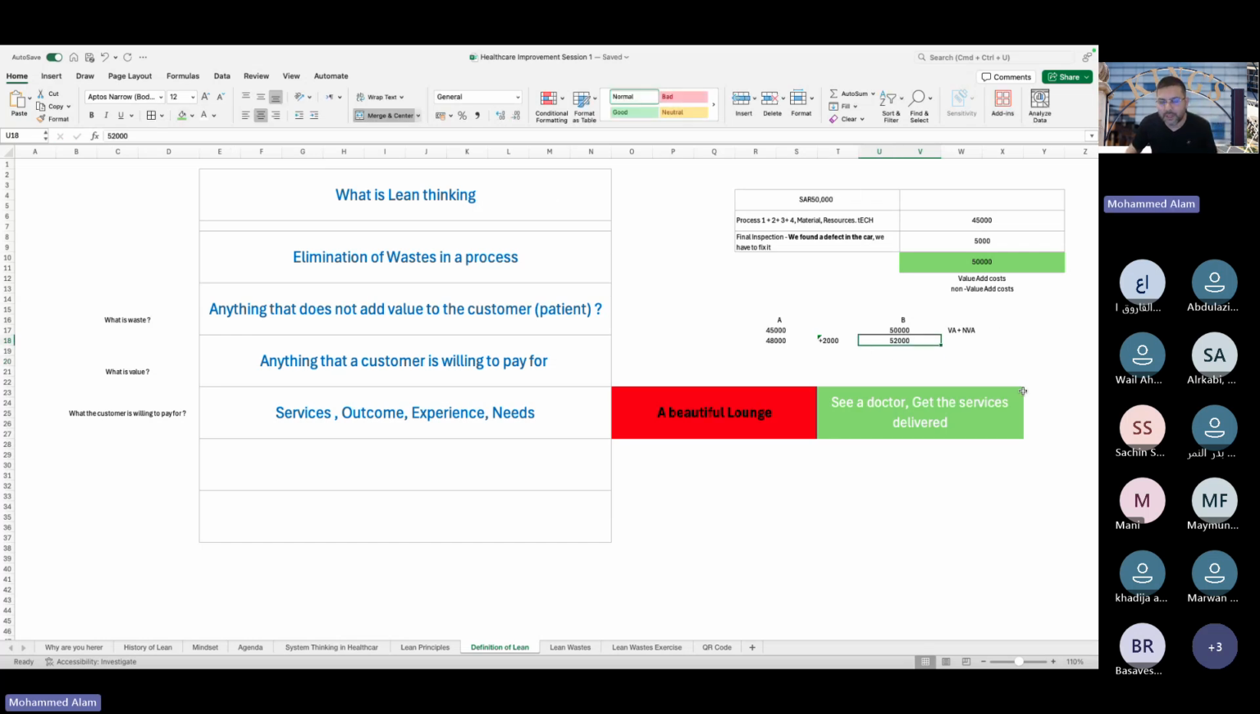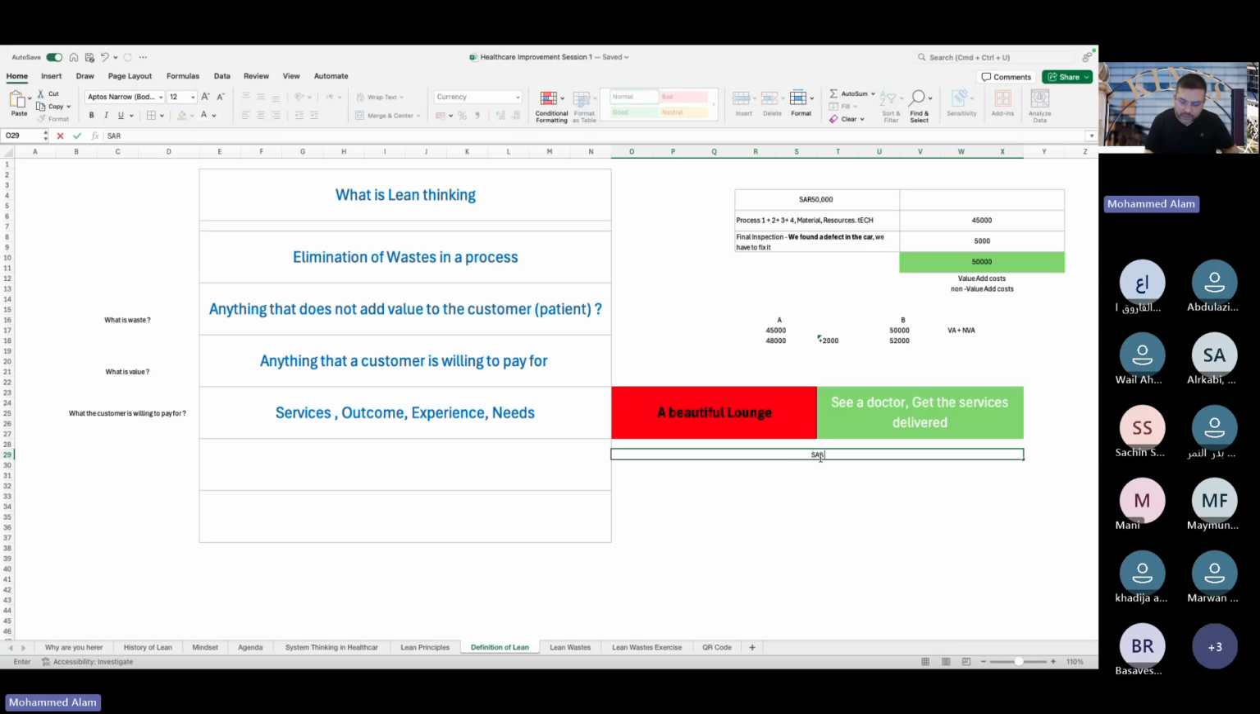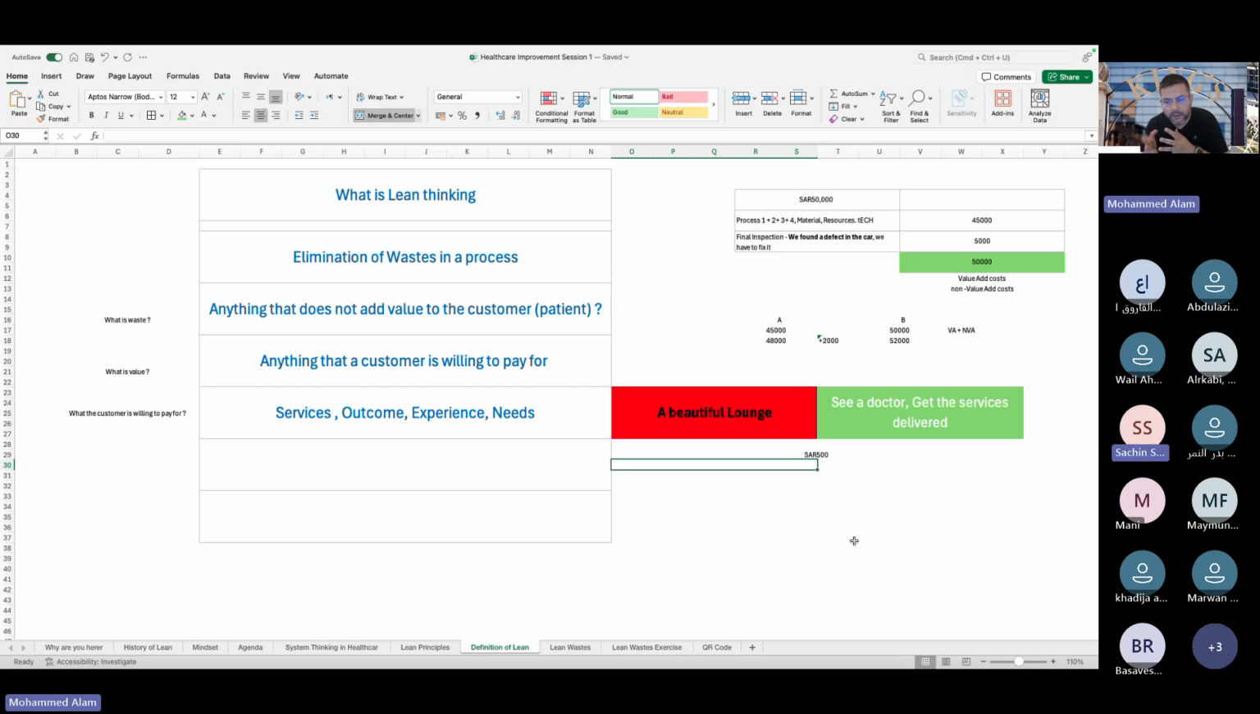So the intention of giving this example is that, let's say we ask a customer, the doctor's service delivery fee is 500 real. And the customer is also very detail oriented. He wants to ask, why 500 real? I want to understand why 500 real. And let's say for simplicity, the doctor fee is 400 real. Then we have a beautiful lounge